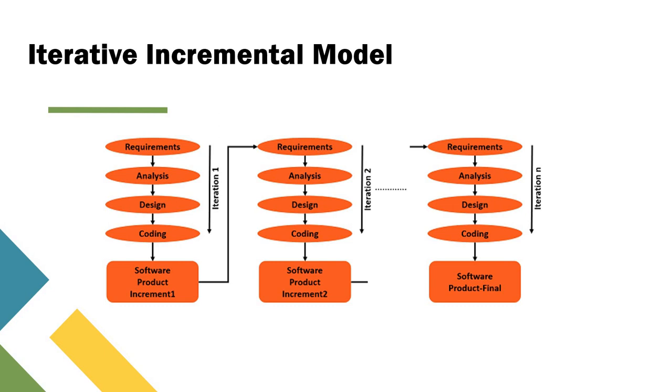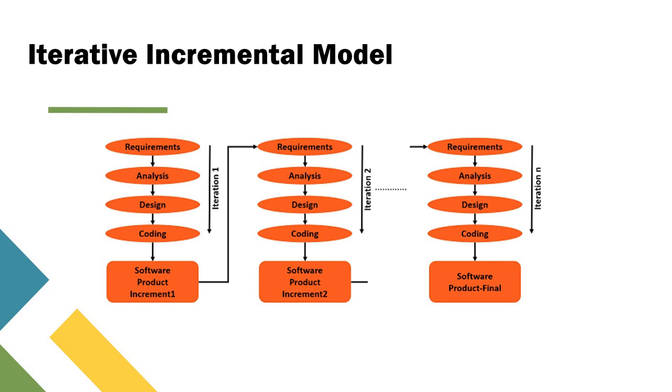In the iterative incremental model, the development starts with a limited number of requirements, based on the priority. So the deliverable is a working increment of the product. A set of activities ranging from the requirements to code development is called an iteration. So based on the functionality of the increment, any pending requirements, the next lot of requirements is given to the subsequent iteration.